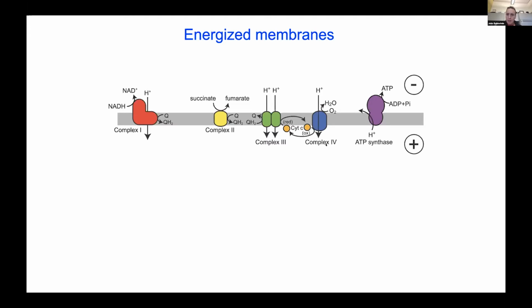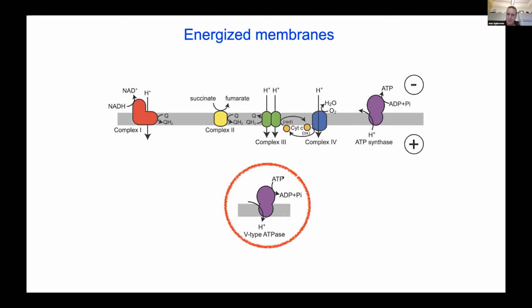Another enzyme that produces an energized membrane is the bacterial type ATPase. And this is really a huge direction in my laboratory. And it's a direction that's impossible for me to ignore, because there's a huge amount of interplay between what we learn about V-ATPases and what we learn about the other intrinsic membrane protein complexes of the electron transport chain. Heartbreakingly, I can't tell you too much about what we've done with V-ATPases, but I do want to give you